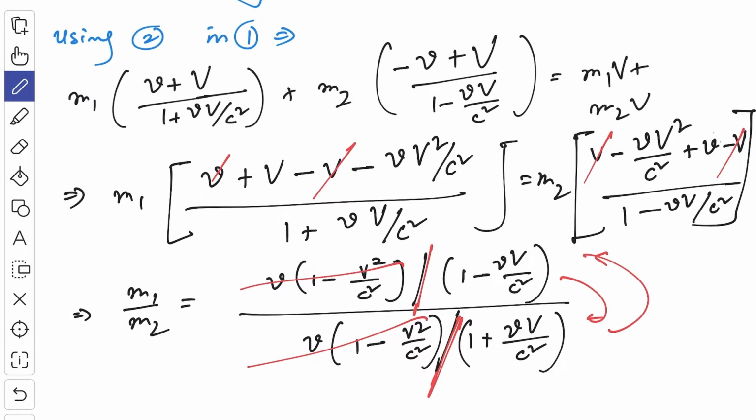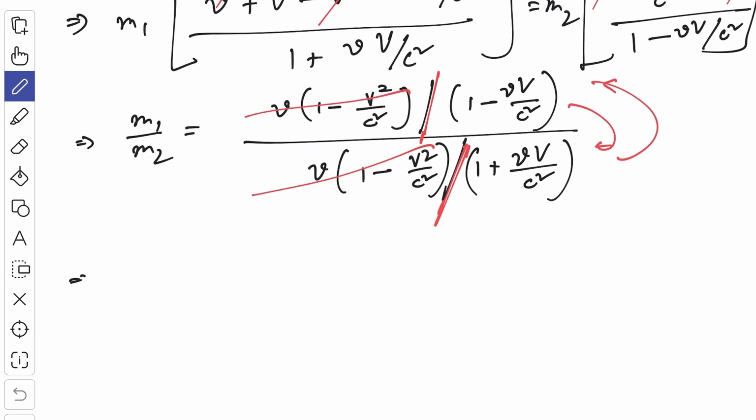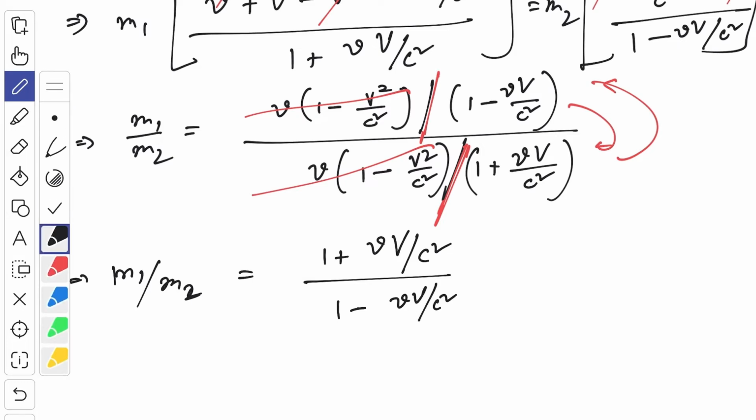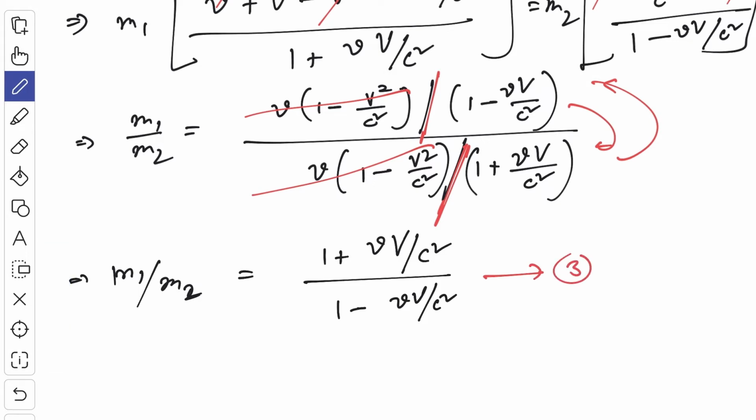So finally we have got m1 by m2 is equal to 1 plus small v capital V by c square by 1 minus small v into capital V by c square. And this is, suppose, equation number 3. Let us give this as equation number 3. Okay, so now what we are going to do, so here you see